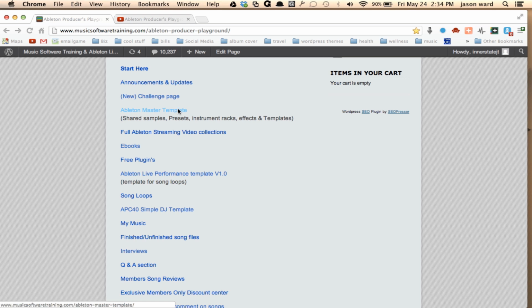The master template, now this is incredibly powerful, and I'm going to show you this, but if you're in the 7-day trial, you're not going to get access to this until after the 7 days. So if you decide that you like what you see and you want to remain a member, then on the 8th or 9th day, you get an email giving you access to all the master template stuff. So if I click here,